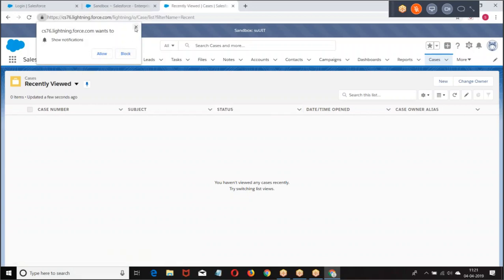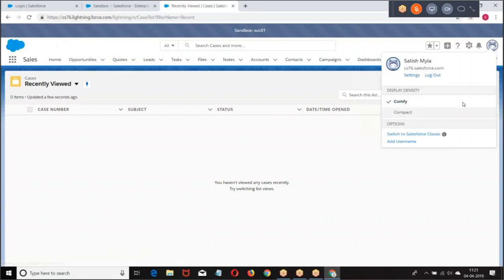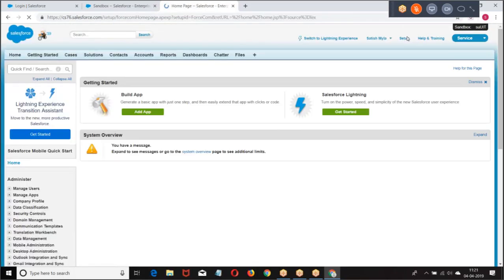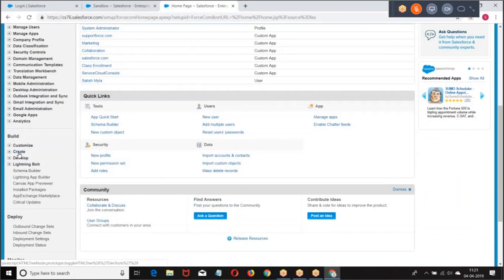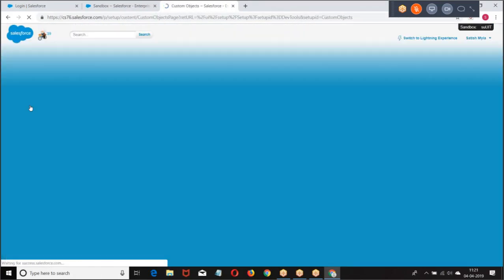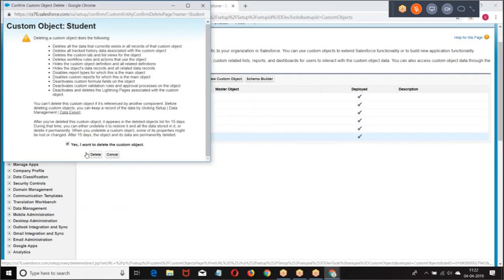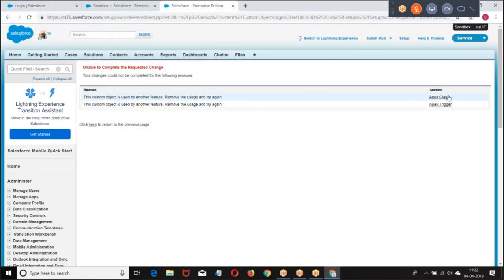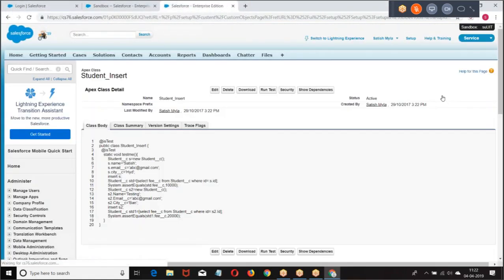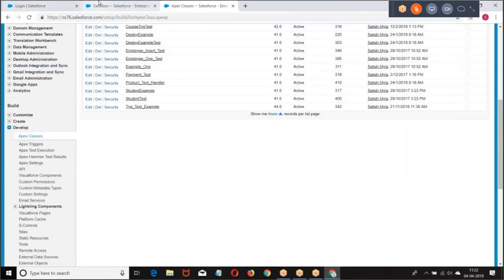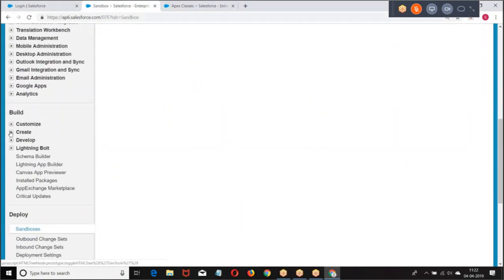Now look at this. So what is the deploy? Okay, development activity you are trying to do. Go to create objects. Now I want to take a couple of classes and triggers that are here. First, let me go to production. In the production, if I have any objects,